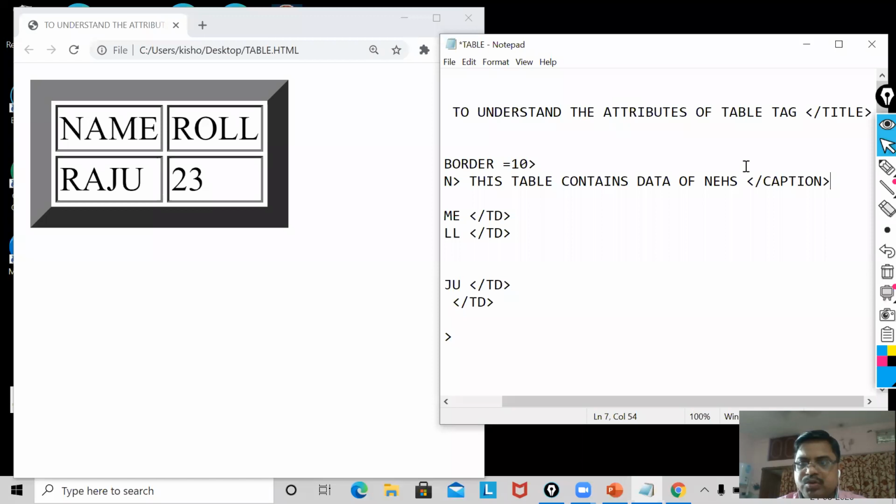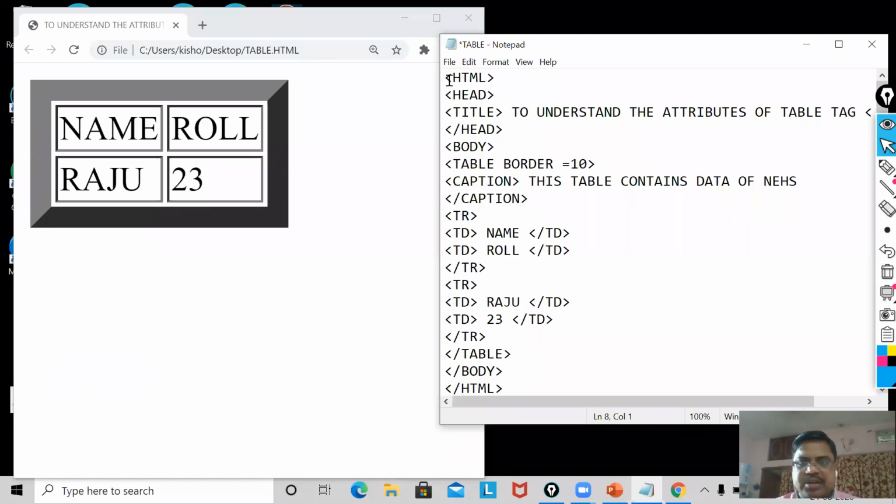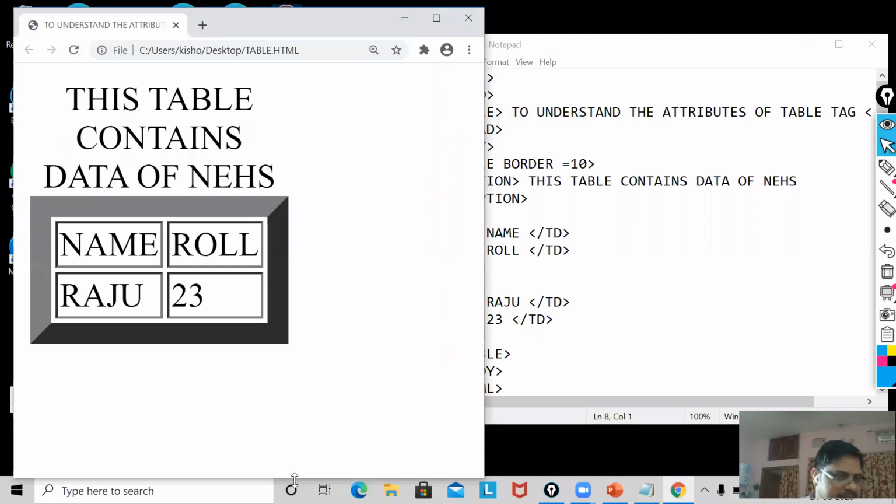Now I'm going to wait. Let me keep it down so that you can understand and see it. Now understood? I will discuss what is the difference between title and caption. If you have to give the title of your table and it should be shown on the web browser, then we have to use the caption tag.